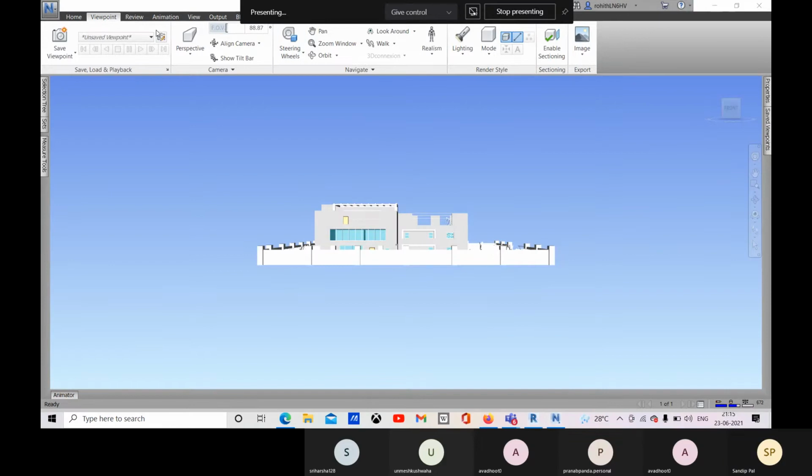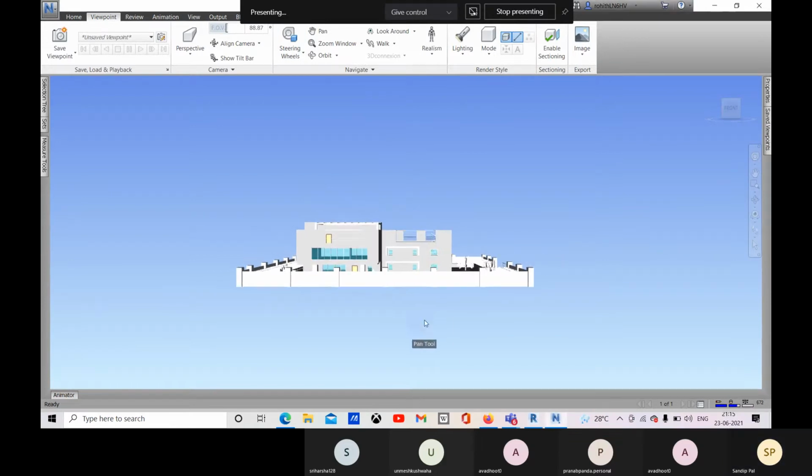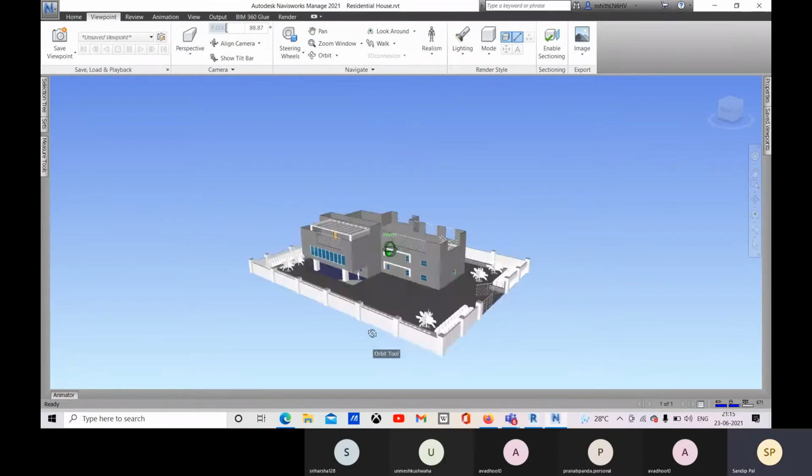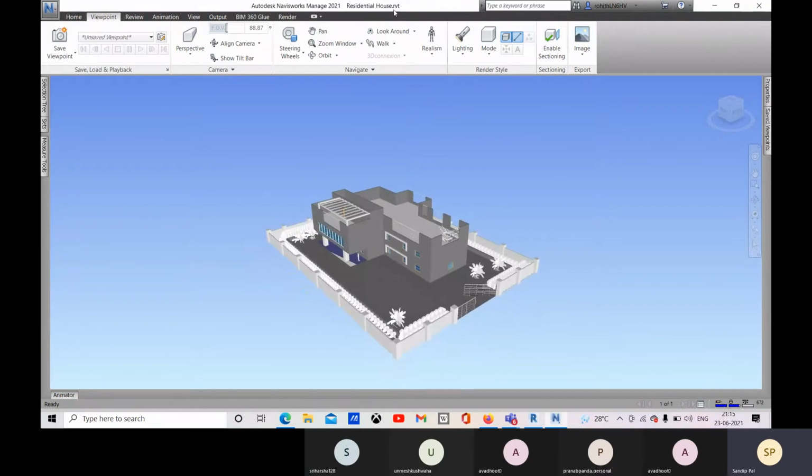Okay, so this file is loaded. Here you can see that this is right now the Revit file, but it has generated one NWC file.